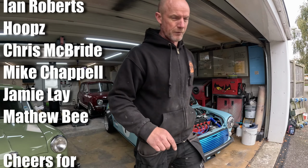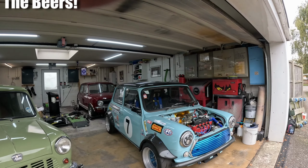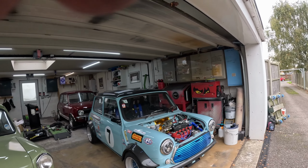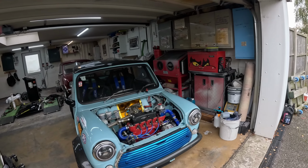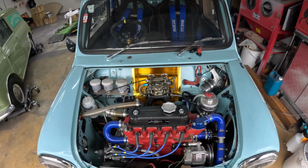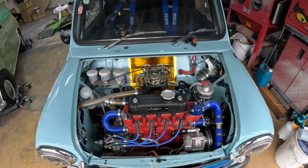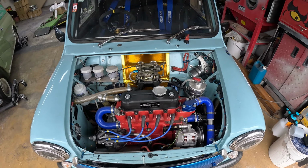Loud, very loud. Right, so let's take you through the car. So the engine, it's gone through 3 stages. Started off with a SW5 1275, and